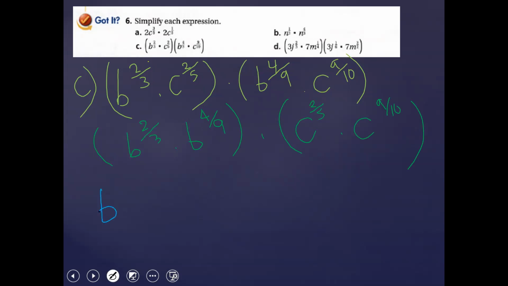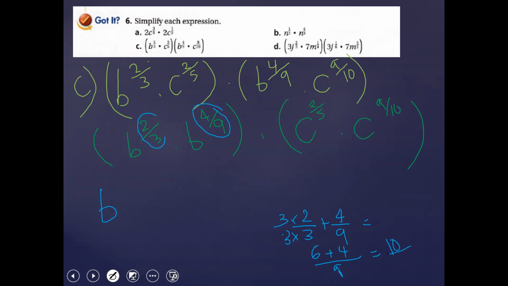Then, I will add 2 over 3 plus 4 over 9. Let's add here 2 over 3 plus 4 over 9. Do we have the same denominator? No. So I will go now to the common denominator. So it will be 6 plus 4 over 9. And the answer now is